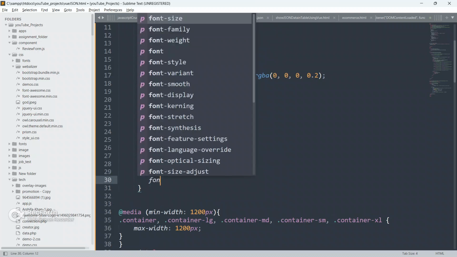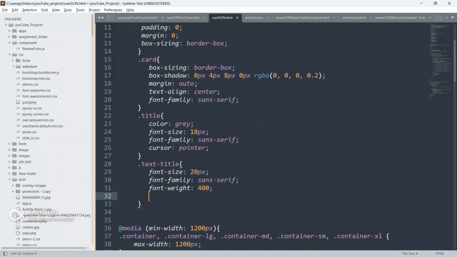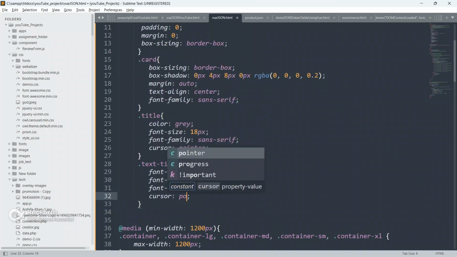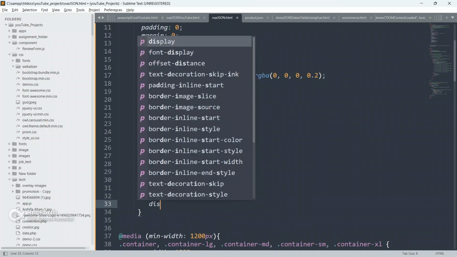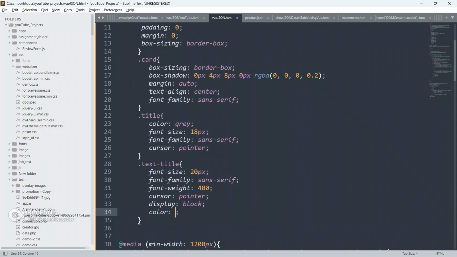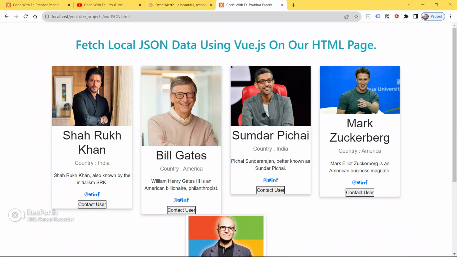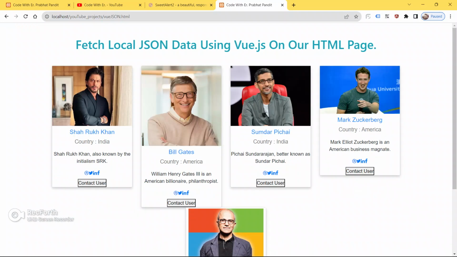Give font size as 20px, font family as sans serif, font weight as 400, cursor as pointer, display as block, and color as dodger blue. Now save your code, go to the browser and refresh your page.